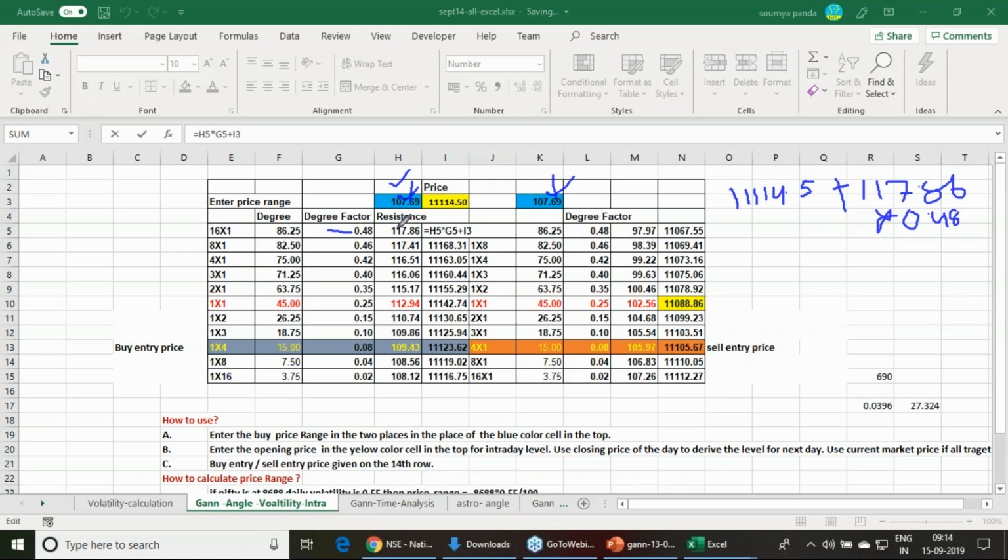Always your reference, you take it from the last traded price where you are. Or you can take from the opening price, anything. Or you can take from the previous day's closing price. So this makes the system very clean, and it makes the calculations without any ifs, buts, and a lot of